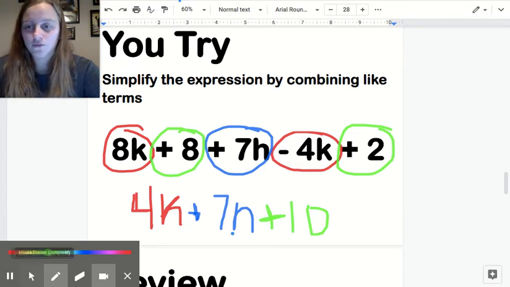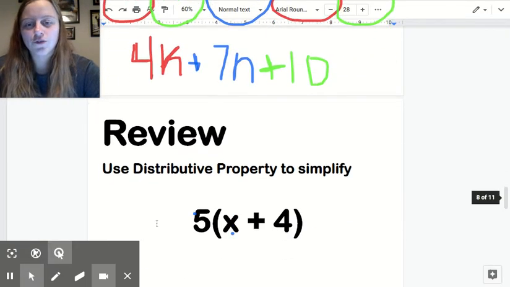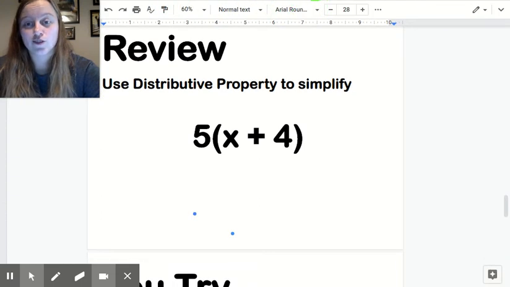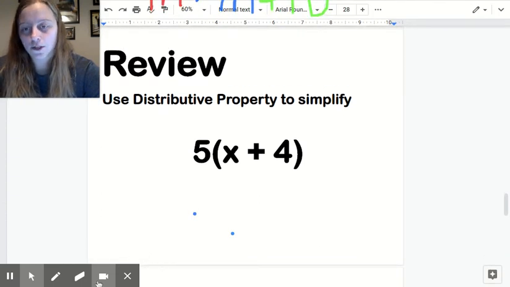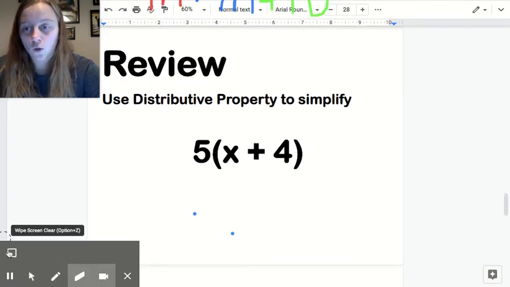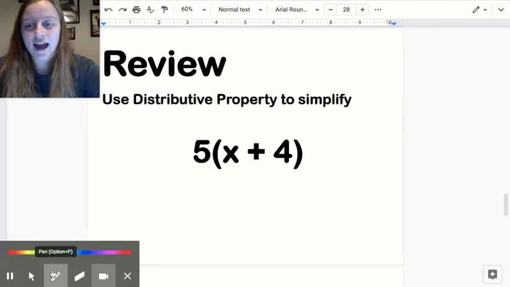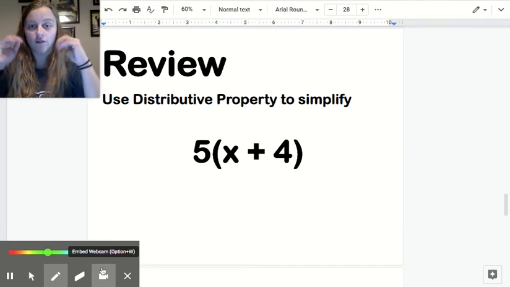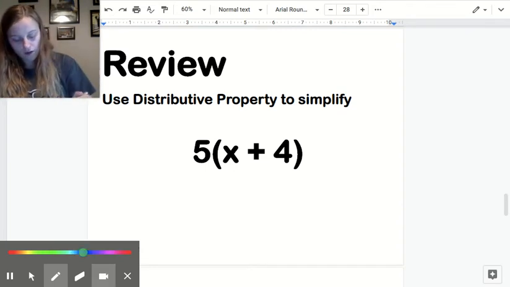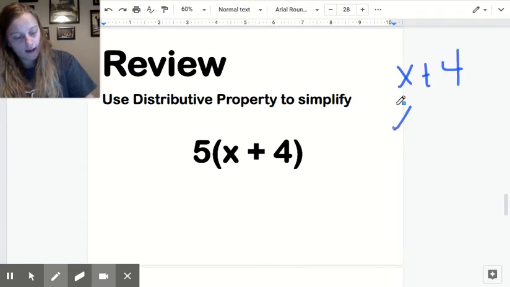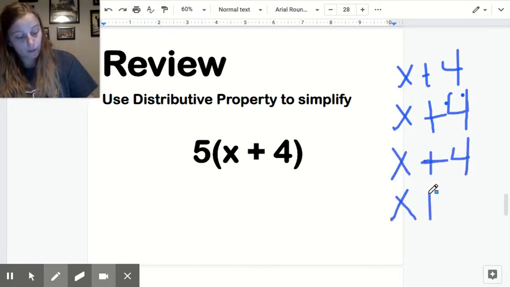Let's go ahead and review our next skill. We did learn about the distributive property last year in chapter 1. So the distributive property basically is saying that I have 5 groups of x plus 4. So I have x plus 4, x plus 4, x plus 4, x plus 4,